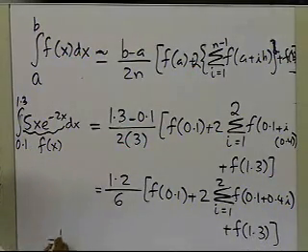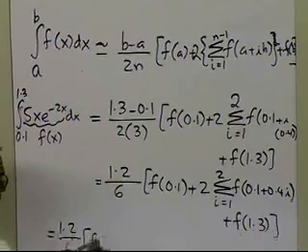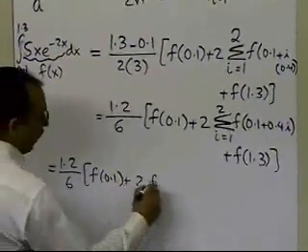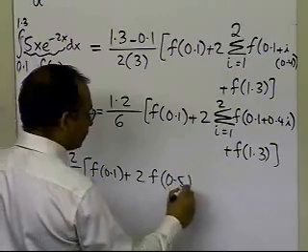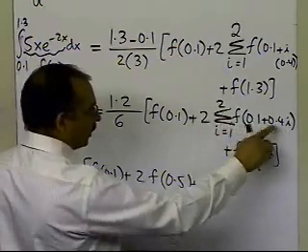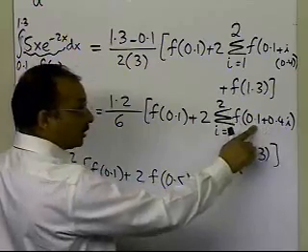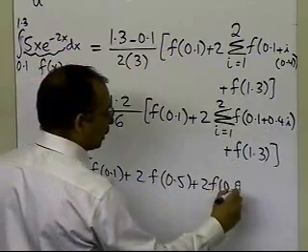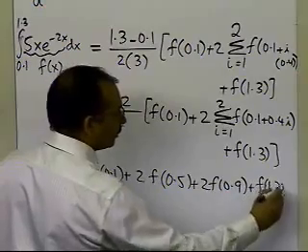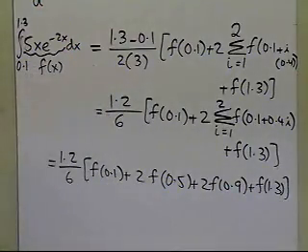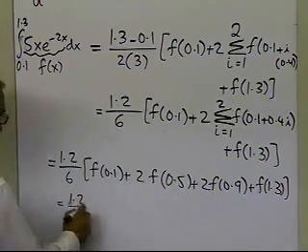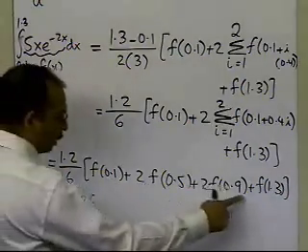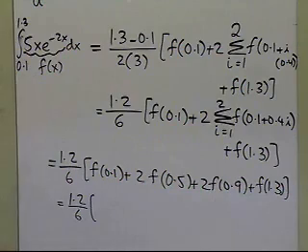If I expand this, I get 1.2 divided by 6 times the value of the function at 0.1 plus 2 times the value of the function when i is 1, I'll get 0.4 plus 0.1, which is 0.5, plus when i is 2, I'll get 0.4 times 2 is 0.8, 0.8 plus 0.1 is 0.9, plus the value of the function at 1.3. So that's what I get as the arguments of those functions. The most important part is to be able to successfully calculate what the arguments of the function are. That's where most of the students make the mistake in interpreting the multiple segment trapezoidal rule formula.